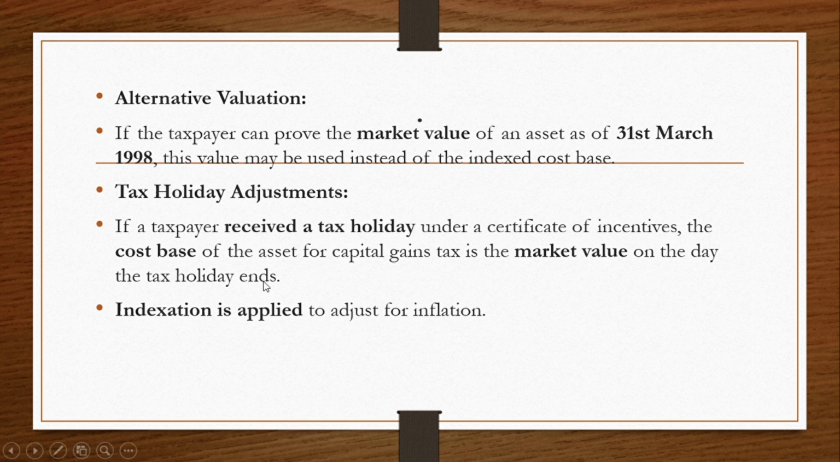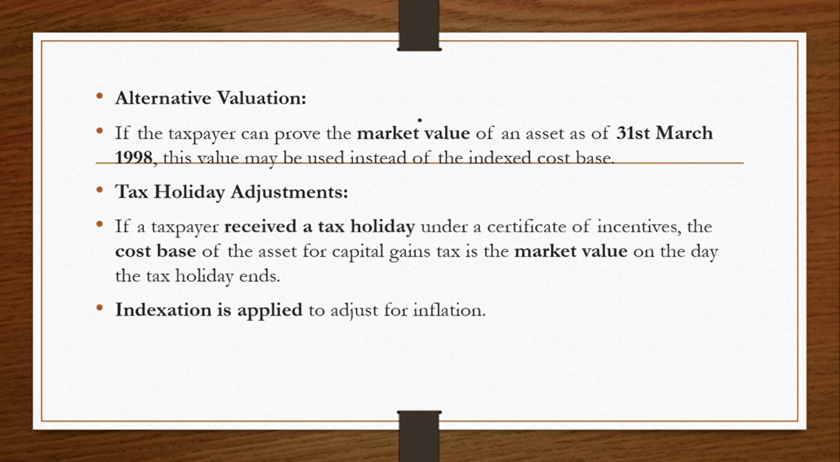So another case is tax holiday adjustments. If a taxpayer received a tax holiday under a certificate of incentives, the cost base of the asset for capital gains tax is the market value on the day the tax holiday expires. In this case, we also have to adjust the cost base for inflation. So if an asset was acquired during a tax holiday, the cost base is its market value on the day